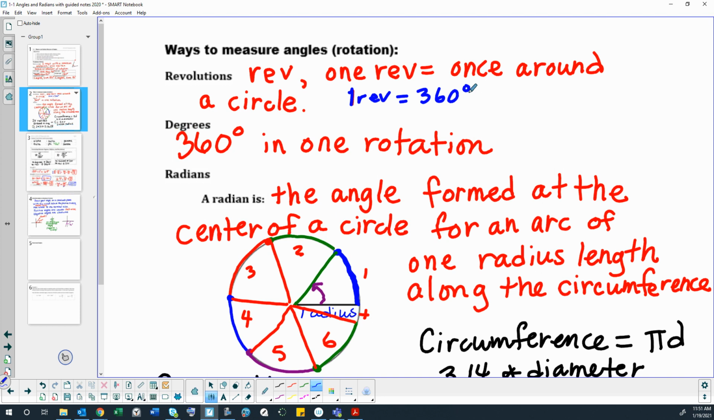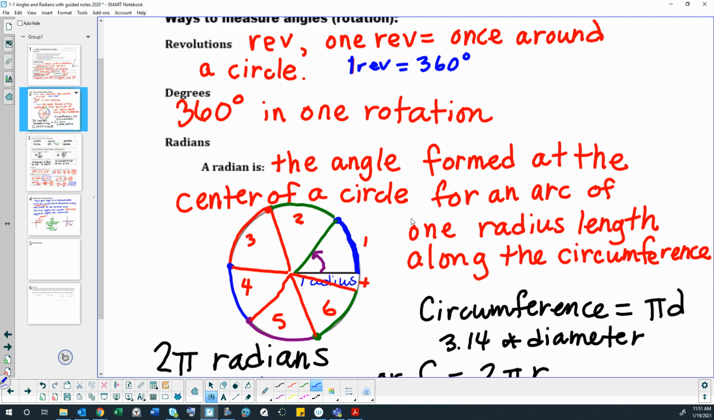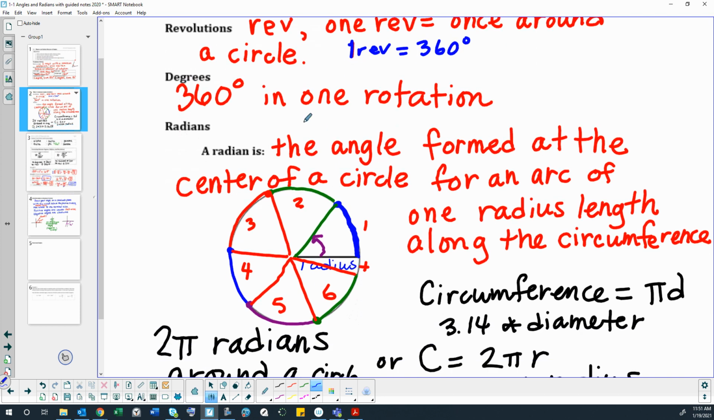Radians is a whole different way of doing things. So I might actually redraw this a little bit. A radian is the angle formed at the center of a circle for an arc of 1 radius length along the